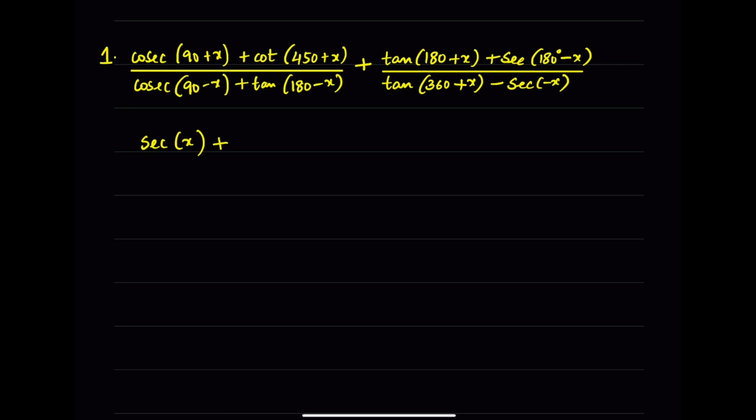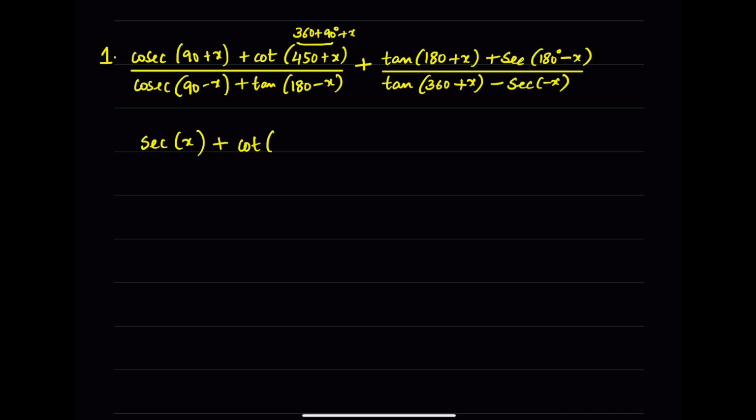Now the second part would be cotangent of 450 plus x. Now we have to identify what 450 is. So 450 can be rewritten as 360 plus 90 degrees. That means it is a boundary between the first and second quadrant, and there is an additional value of x, so this would definitely fall in the second quadrant. So in second quadrant, tan and cot are negative, so we can change this to